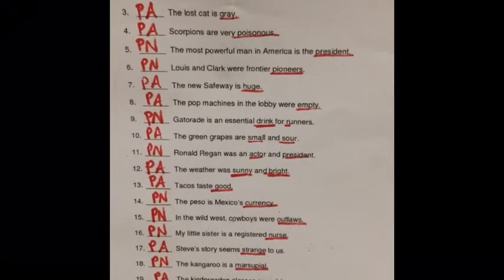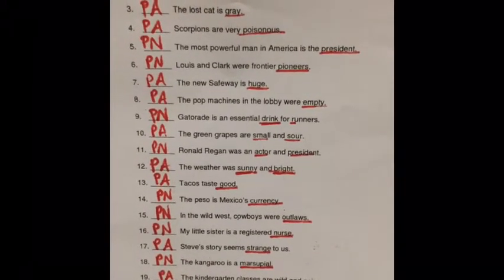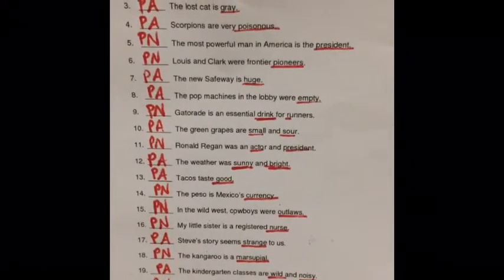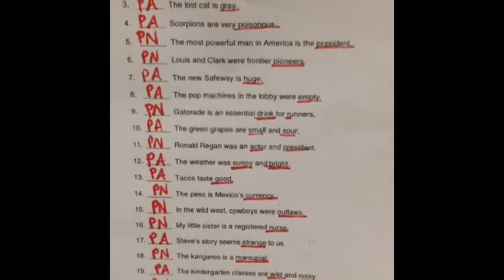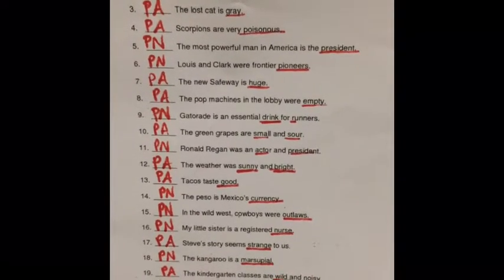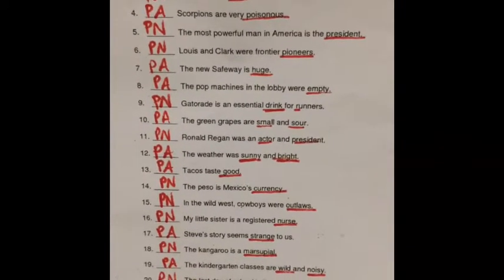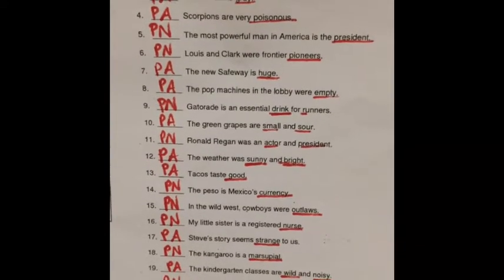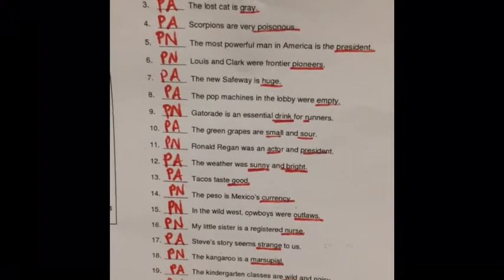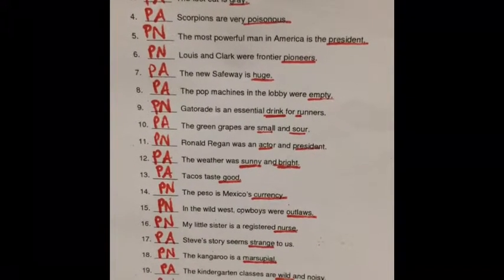Number 2. Now, don't let this trick you up. Number 2 says Rachel became the youngest member of the band. Okay, Rachel became something, right? She didn't become young. She was already young. Rachel became a member of the band. It is something we will talk about later, but you know that Rachel didn't become a band, did she? So it couldn't be renaming the subject. Member is your predicate nominative.